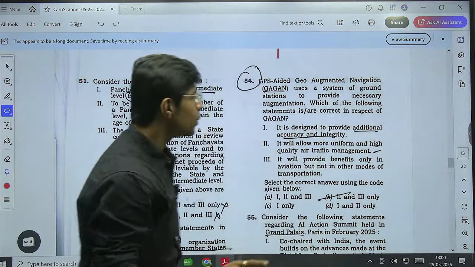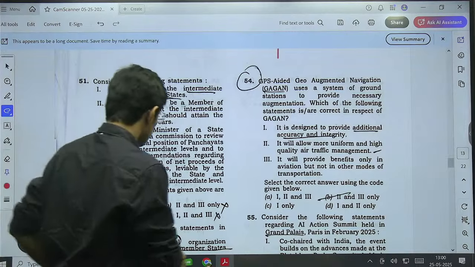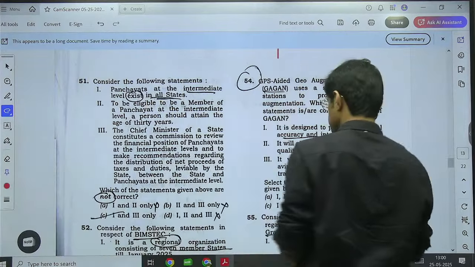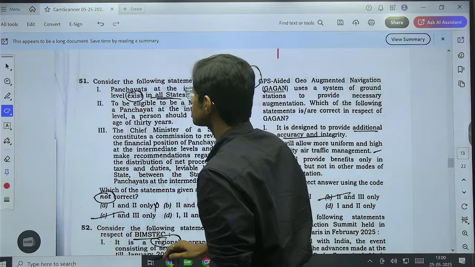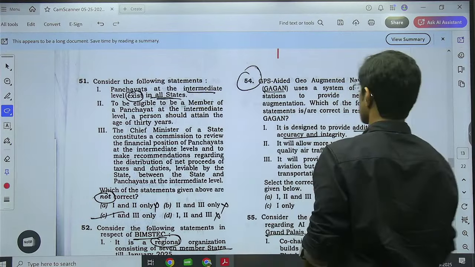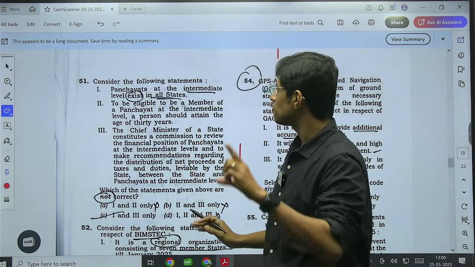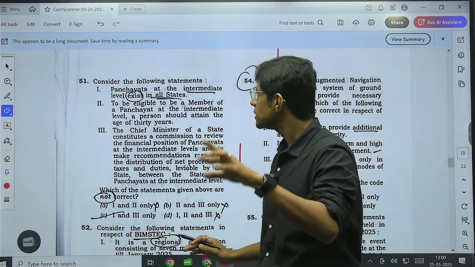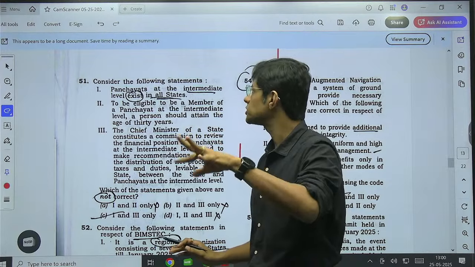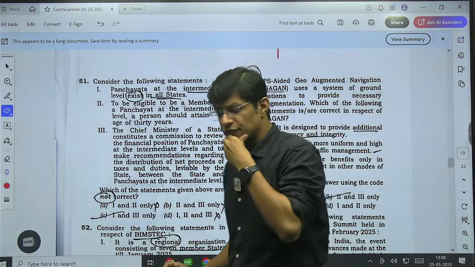So let us start with question number 51. What does the question say? Consider the following statements. Panchayats at the intermediate level exist in all the states. Now see,